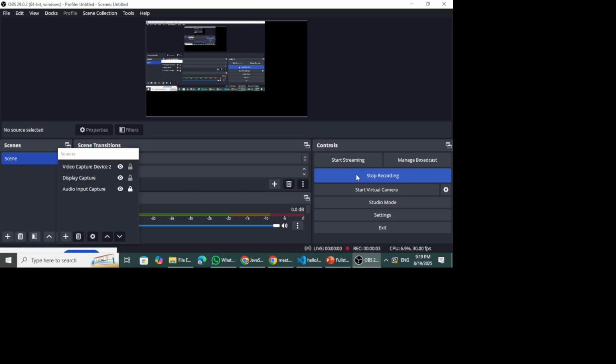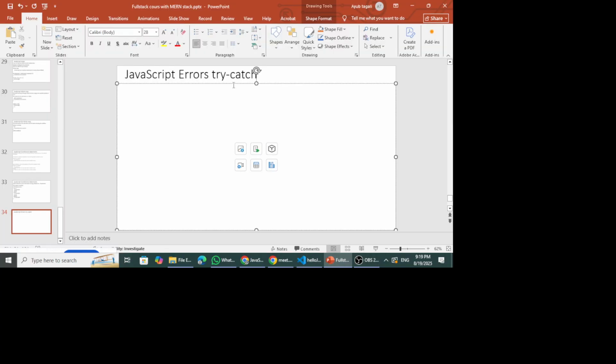So the next concept I want us to look at is handling errors in JavaScript. So we have JavaScript errors, and we look at the try catch block. Sometimes when you create a program or software, you want to be able to handle the errors gracefully,